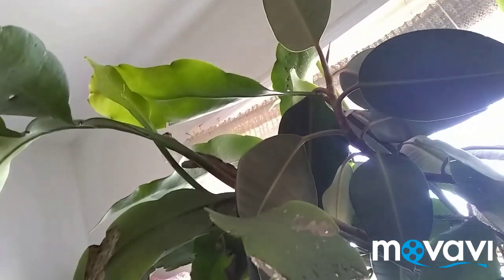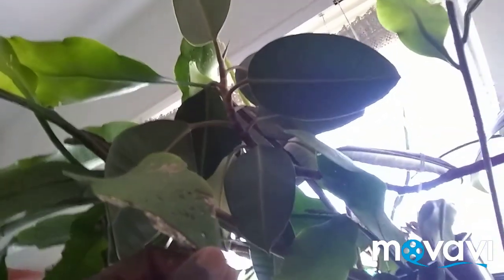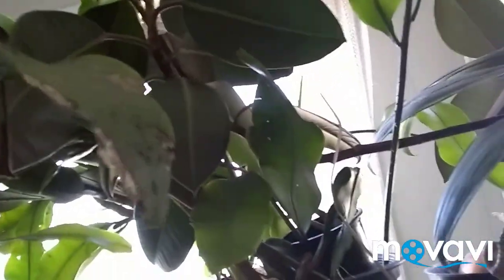I cannot remember the scientific name for this, but this is Night Blooming Cereus. Anyway, I've had this plant for a few years. It's getting very big. Oh, the intermix here is a rubber plant, which is going this way, and this is the actual pot that it's in,